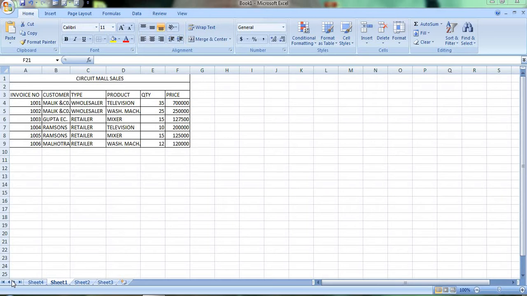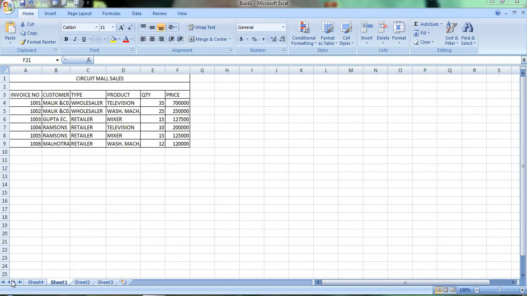The first one is: open Microsoft Excel and type the data as given in the worksheet. The worksheet is already given in your book, so it will be easy for you. You have to record the entries. There are 13 entries. I have only taken 9 entries. After that, you have to save the worksheet using Control S. You know how to save. You can go to the save option, or type Control S, and save your file.